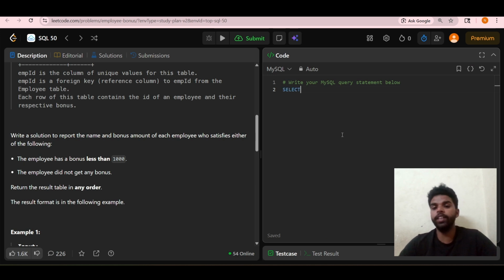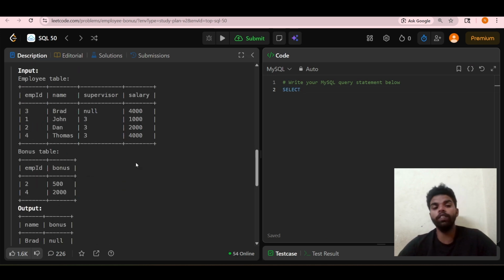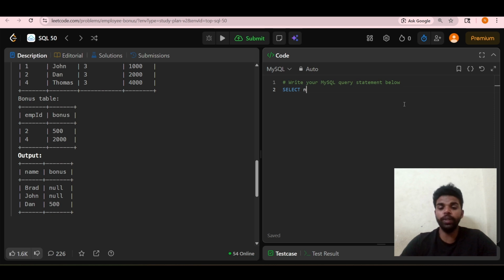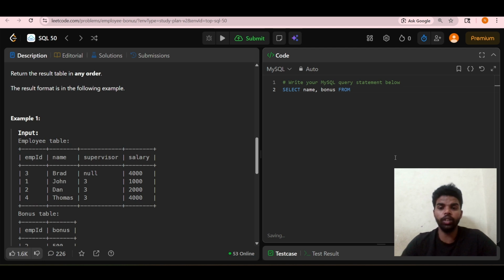So first we write SELECT. And what do we want to print? We want to print name. And the second one, what do we want to print? We want to print bonus from our table. What is our first table name? Our first table name is Employee. So here we write